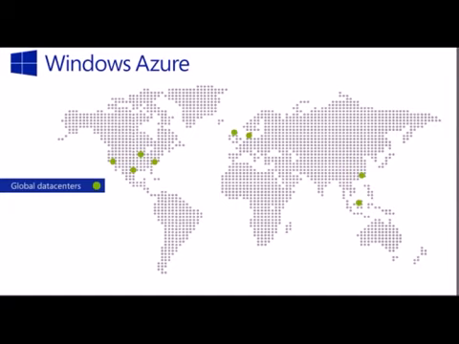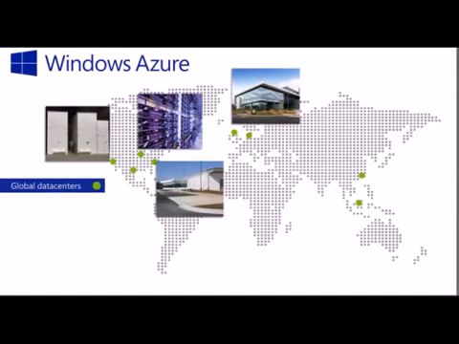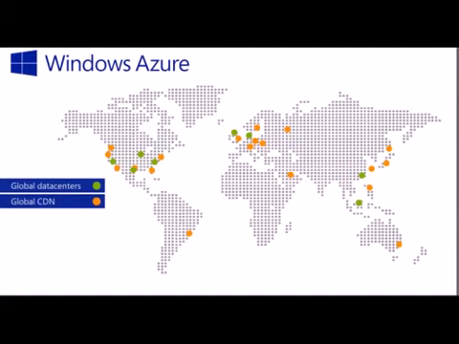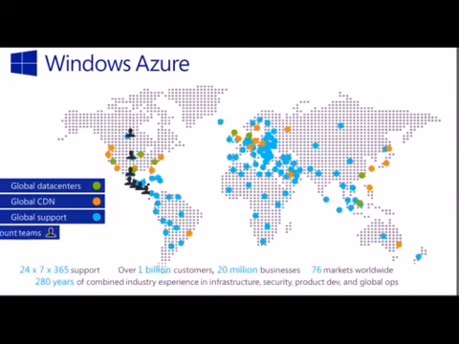Should one of those go down, we have a pair that gives us the ability to stay always up and always on, regardless of our data centers. So you can see that those are globally distributed, and there are billions of dollars worth of investment that Microsoft's made in these data centers, and will continue to as we need to scale the cloud further and further in years to come. We also look at having a content delivery network which is locally provisioned, so that you can get more local access to media content.